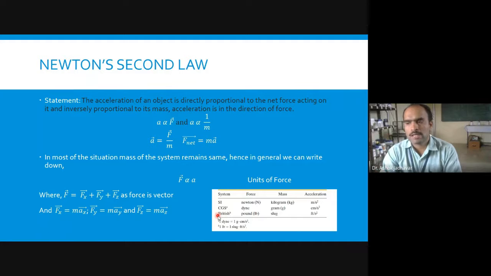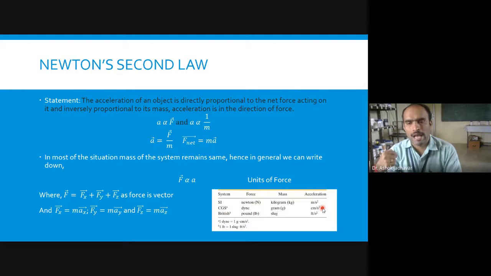So these are some units which we are supposed to know. Force can be determined in the unit of Newton and dyne. Mass is measured in the unit of kilogram and gram. Acceleration is determined in the unit of meter per second square and centimeter per second square. At the time of practical, you might calculate your acceleration, your force, and all these things in the unit of dyne. You have to also convert it in a SI unit system.